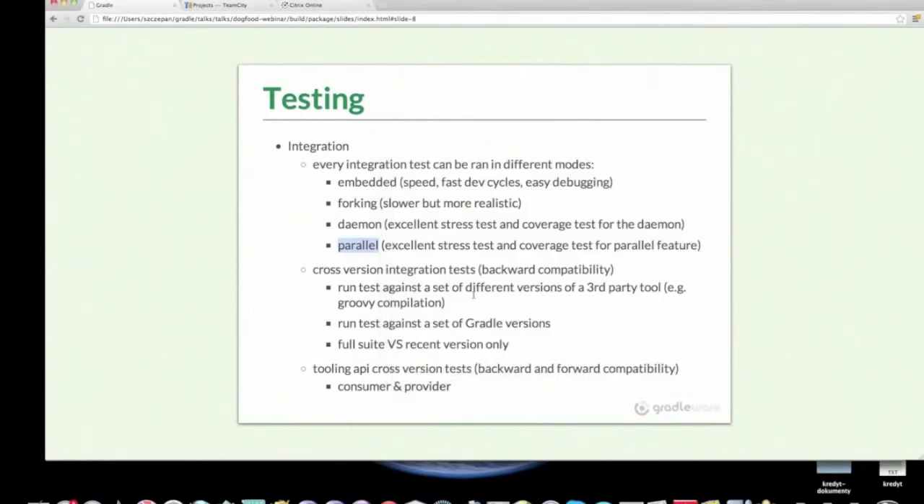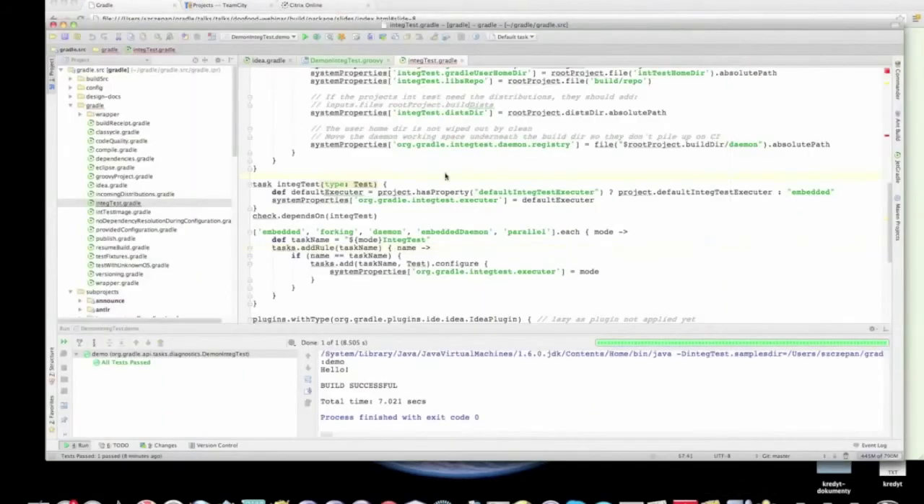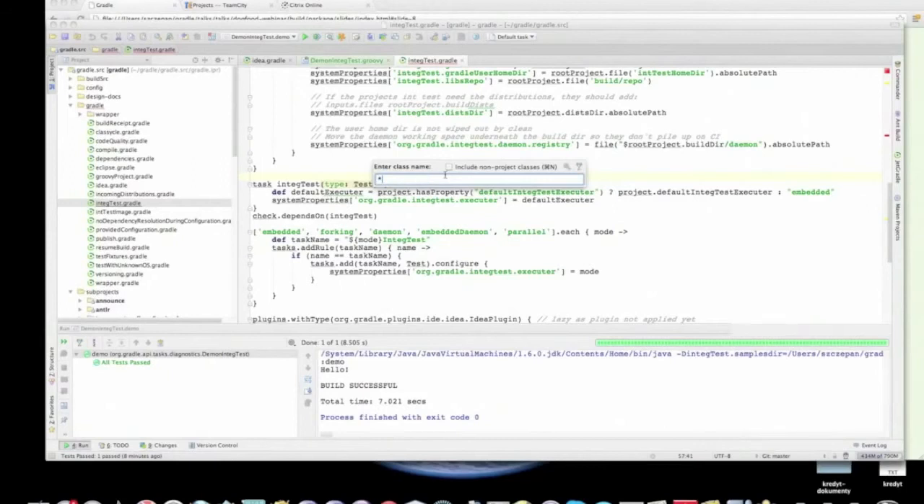And cross-version integration tests for backwards compatibility. I guess we have three kinds of those. One kind is running a test against a set of versions of a third-party tool, for example, a Groovy version or a Scala version. Actually, Scala is a good example. If I go to Scala and cross version,